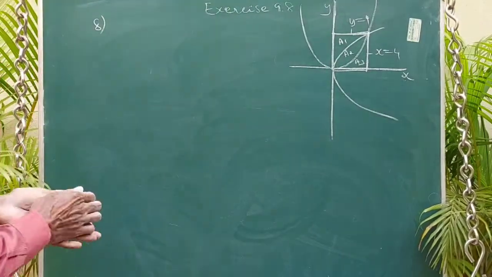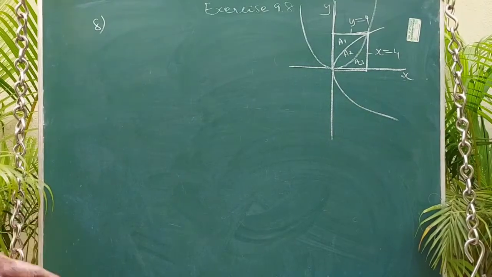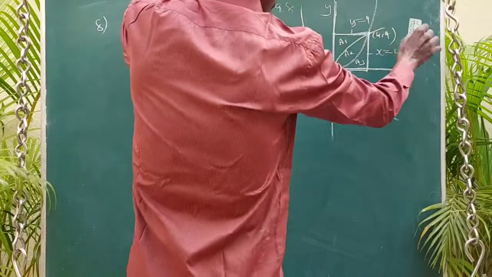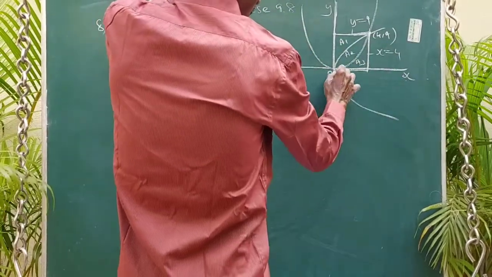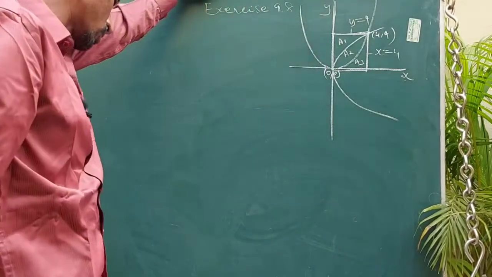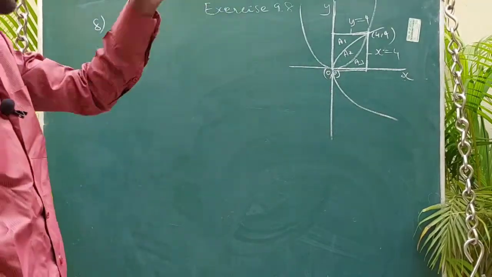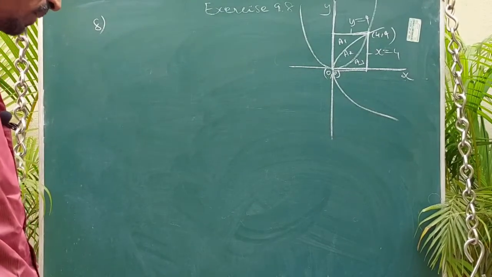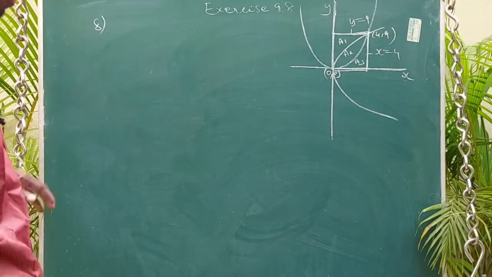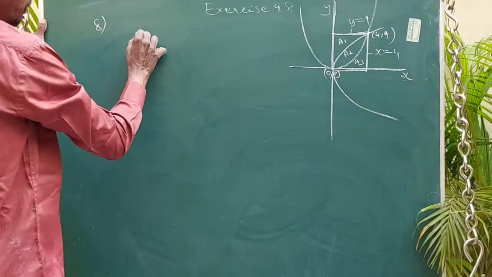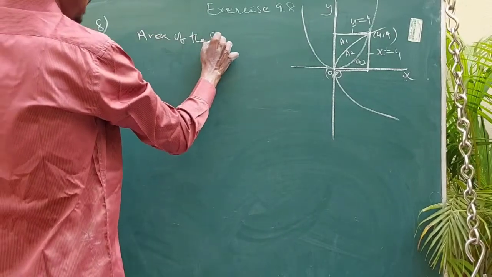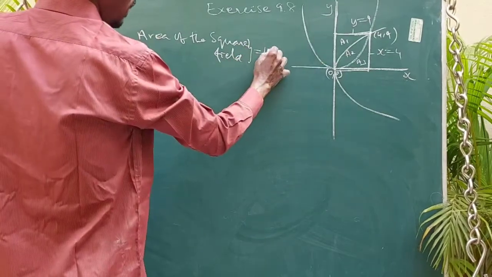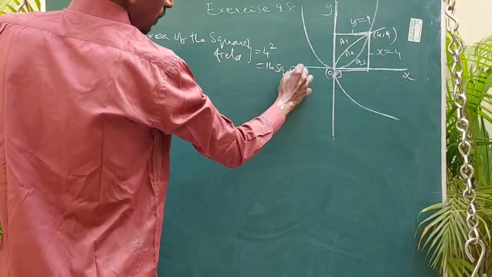Okay. So for that, first we need to find out, obviously this is 4 comma 4. x equal to 4, y equal to 4, the meeting point is 4 comma 4 and the other is 0 comma 0. So no need to solve and find anything. We can integrate from 0 to 4, very simple problem. Anyway, if we solve, we get the same one. First find the area of the square field. Area of the square field is equal to 4 square, so 16 square units. Keep with us.